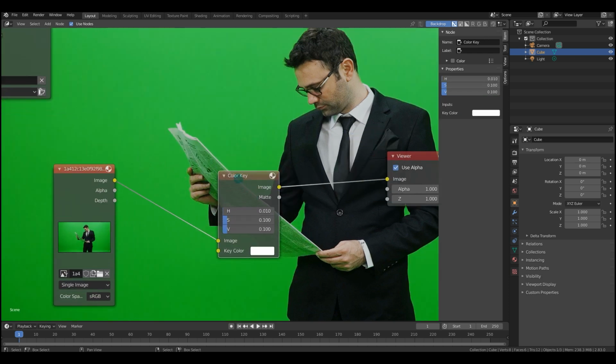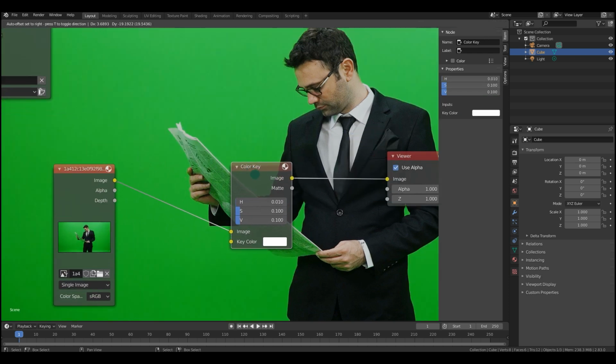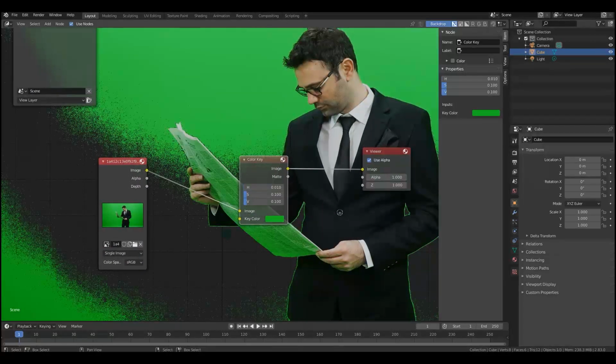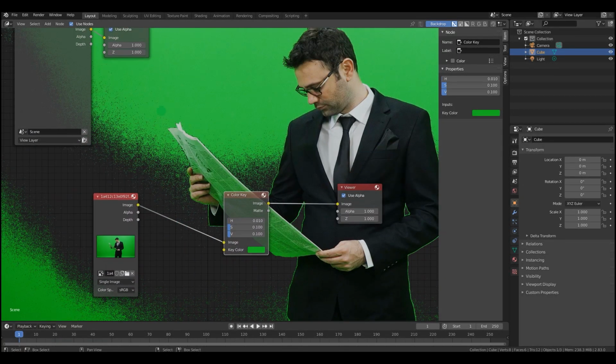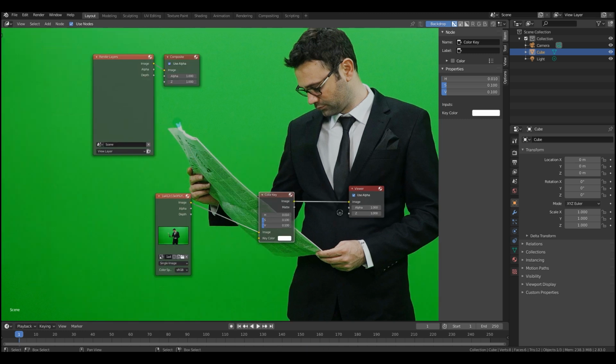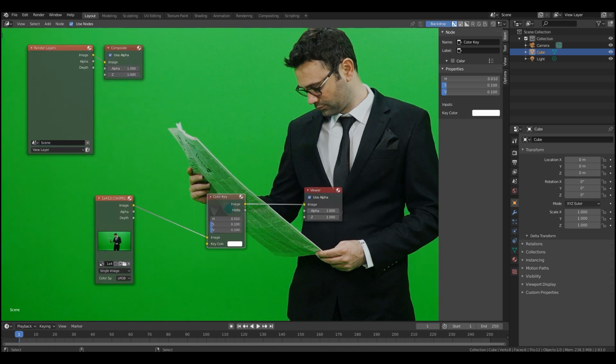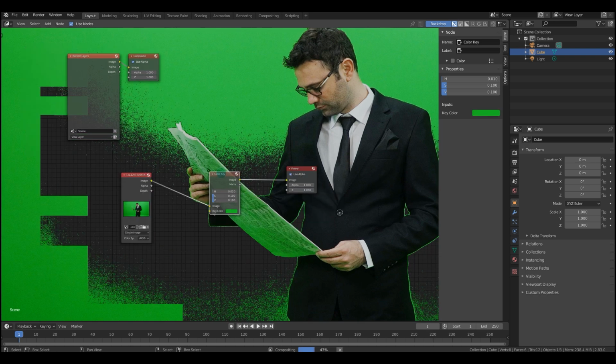All right, now this next one is color key. This one works based off of a specified color. However, the difference here is that it's only for situations where there's very, very little color variance. As you can see here, there is still some color variance in the background, even though it's very difficult to make out. However, it's going to cause the key to not work.